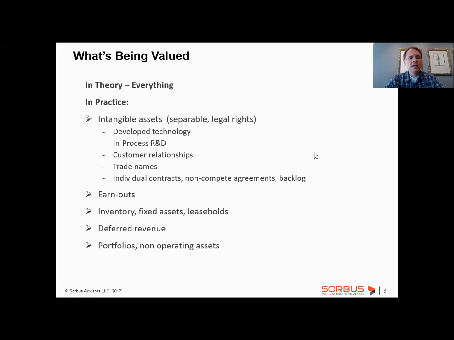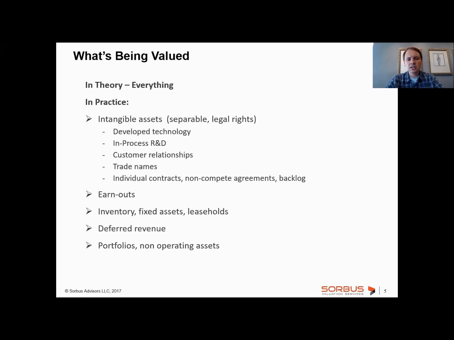So what's being valued? In theory, everything. The balance sheet that you adapt from that acquired entity has to arrive over on the acquirer's balance sheet at fair value. Granted that some items of that balance sheet don't require very deep analysis for that purpose, let's say cash, right? We know cash is cash, and other elements of tangible assets. But typically the issue again arises when there is a substantial amount of premium paid over book value of the entity, and that represents what's called excess consideration, and that's typically intangible assets.